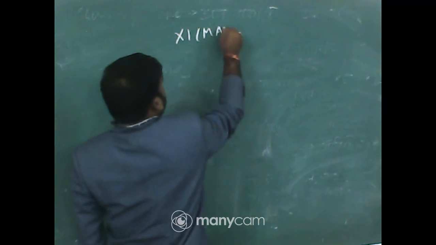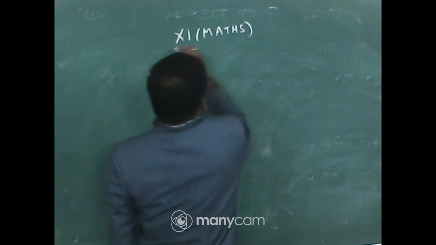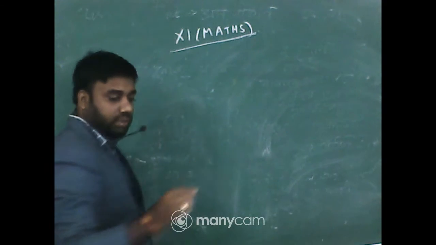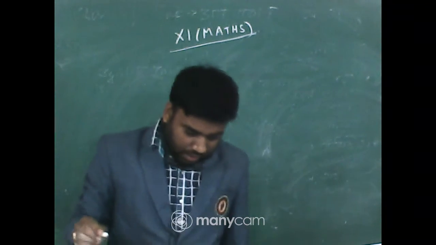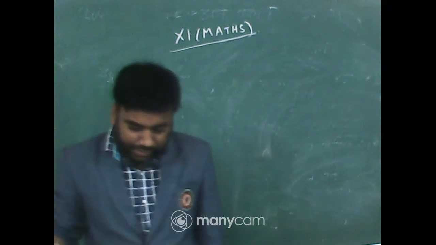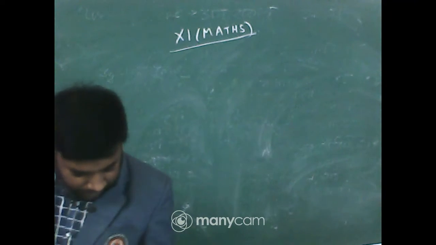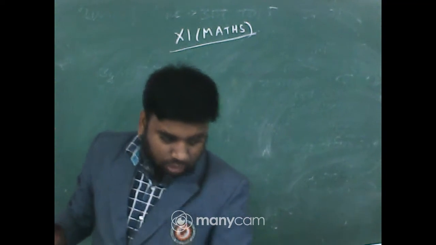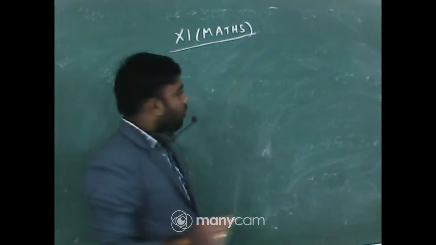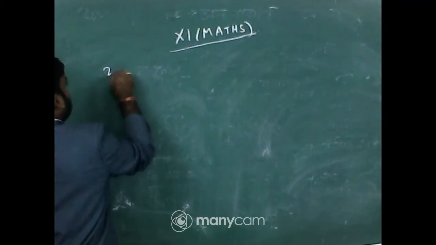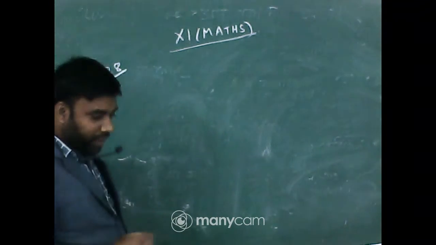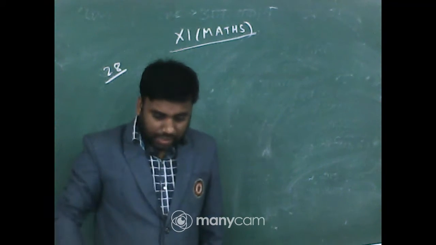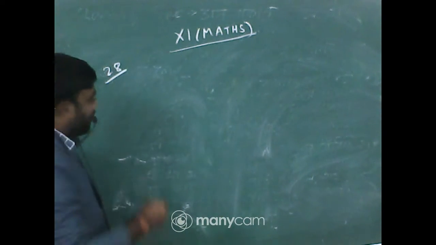This is the last class of limit. Today in this class I will solve only two sums, sum number 28 and 32. Okay, question number 28. It is given that fx equal to